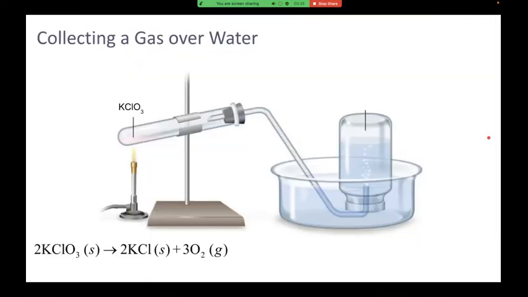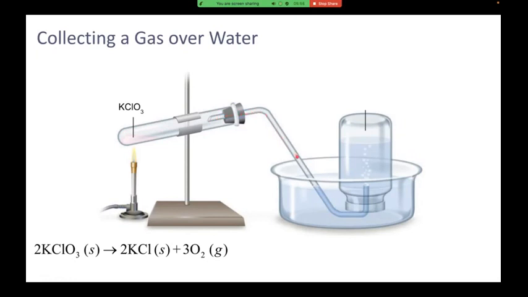So let's see another diagram here. Here we have the reaction KClO3, and when KClO3 is burned in the process of being exposed to a Bunsen burner, it produces potassium chloride, KCl, and oxygen gas. So what's happening here is that as we're burning this KClO3, the remainder solid stays right here, but since we produce a gas, the gas is going to start to move. The gas is going to move through this test tube here into the glass tubing,